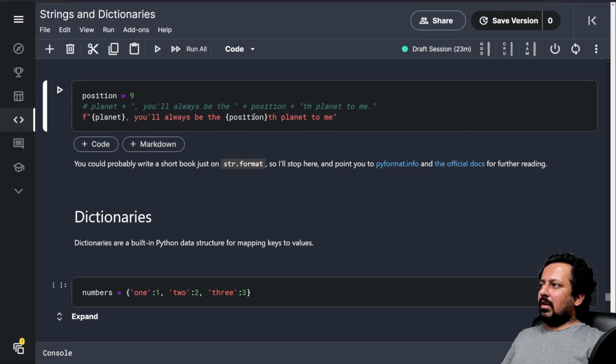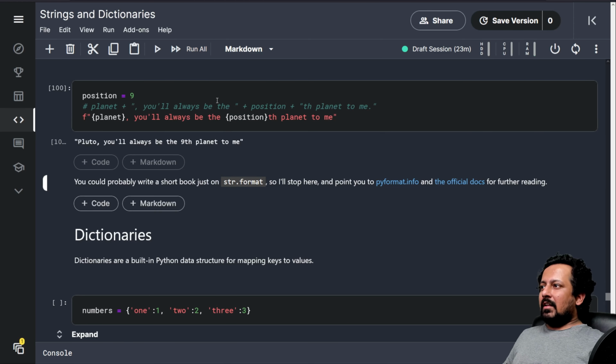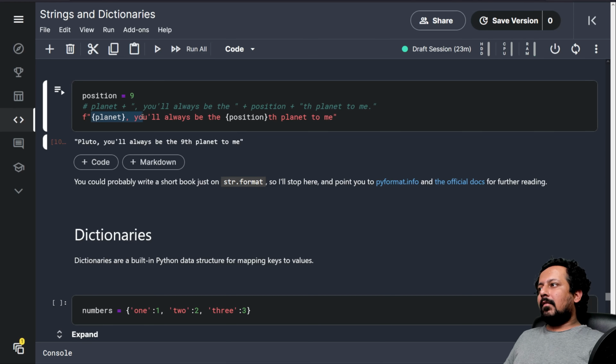So if I do it like this, now you don't need to care about changing int to strings, and it's going to do it on its own. This is the most preferred way of formatting strings these days. I hope you will use this. It's much easier than dot format, and it's also very readable. Inside the braces, you specify the variable, and it's going to take care of the conversion if it's needed.